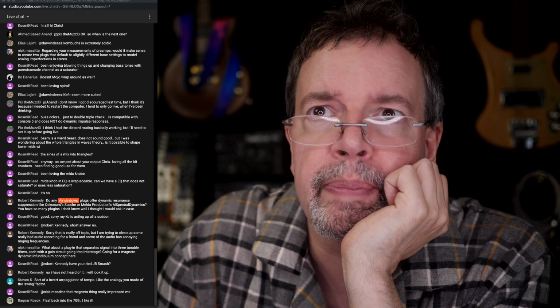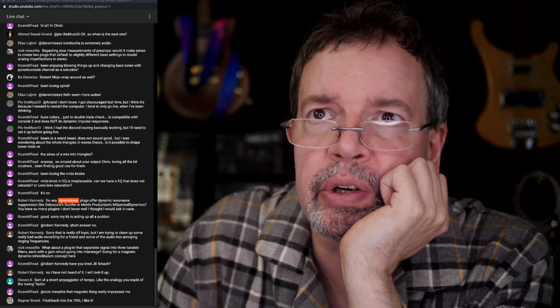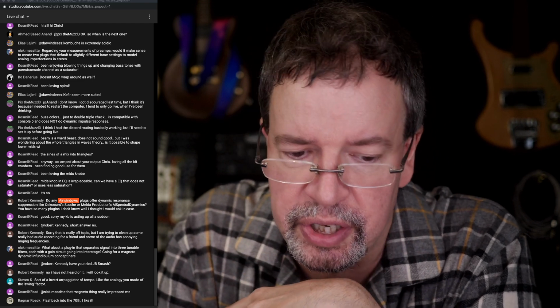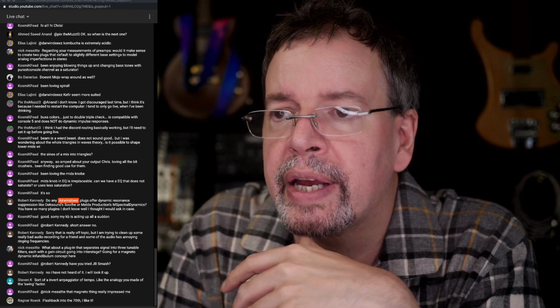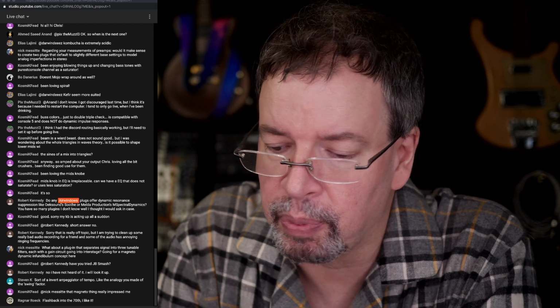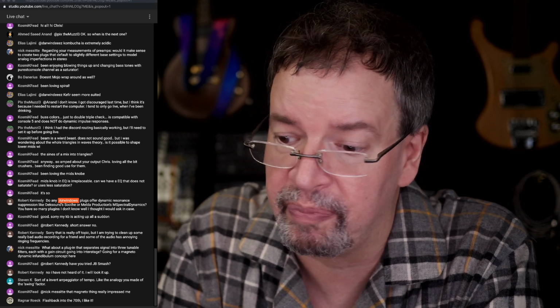So right up at the top there, Nick is going, would it make sense to create two plugs that default to slightly different settings to model analog imperfections in stereo? I don't believe that's what makes analog good. I super don't. I think you would be just as well have all your analog stuff matched fine.